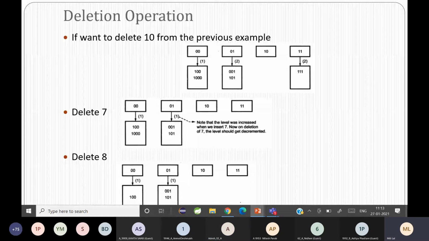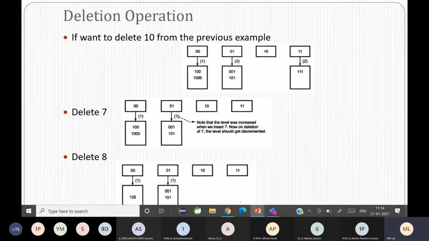But remember, when we inserted 7, we increased the level, right? Now that level is not needed, so we have to reduce the level from 2 to 1. That is the additional thing you have to keep in mind. We had increased it to level 2 because we had to place the 10 and 11 values, and it was done when we were inserting 7. So when you're deleting it, you have to traverse the level back to the previous one.